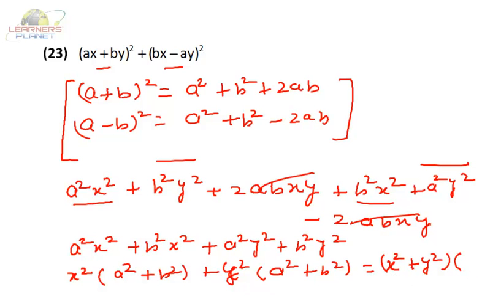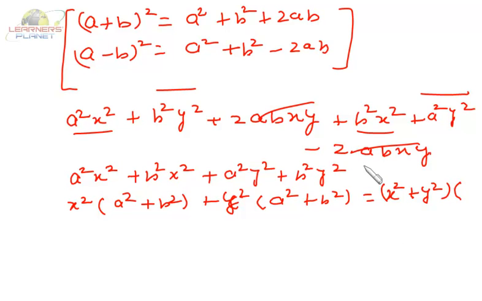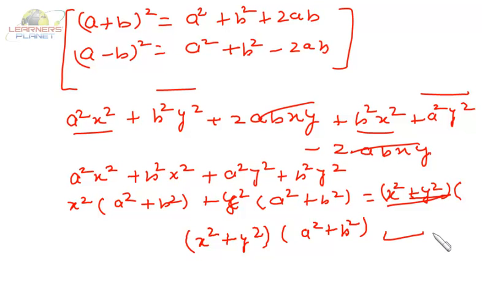So finally it is x square plus y square, just a moment, it's x square plus y square into a square plus b square. So in this question we have used two identities, then we regrouped the terms and finally we factorized. Okay,